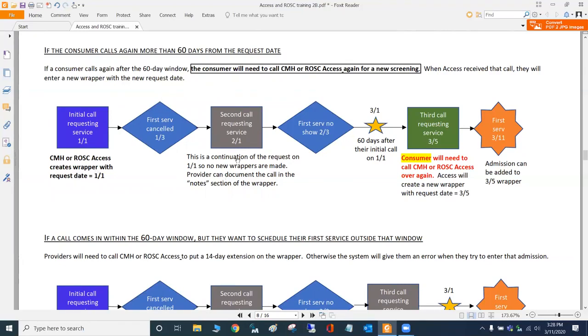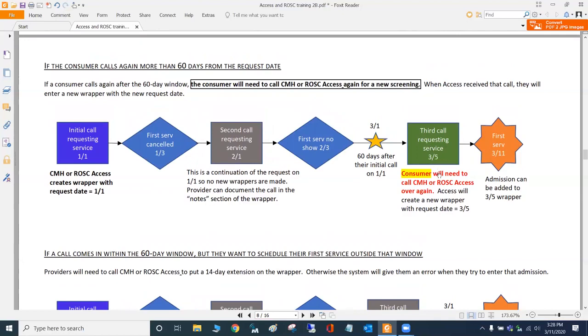So in this case, if the person keeps calling and calling, and then that wrapper expires, if they call again, whoever it is they're calling has got to direct the consumer to call Access back and get screened and get a new wrapper put in. I want to make sure this is totally clear because I think there was some confusion about it. So the consumer needs to call Access again if they go past that 60-day mark.